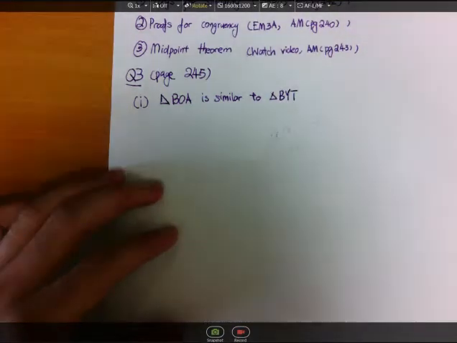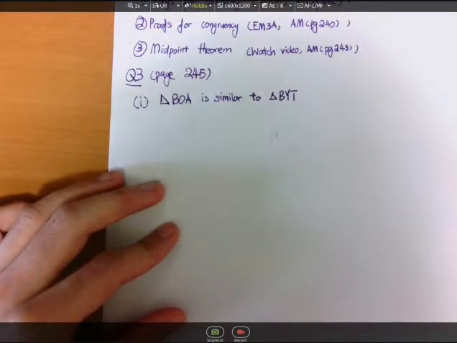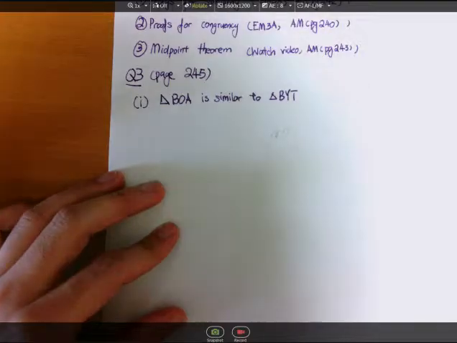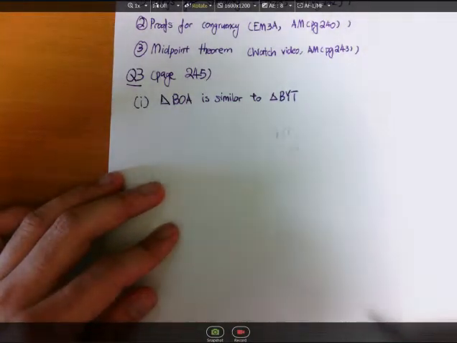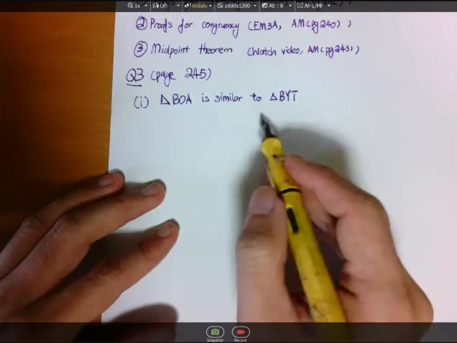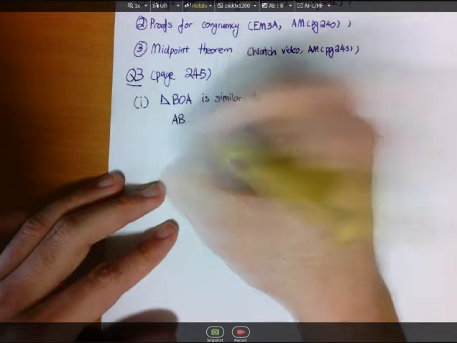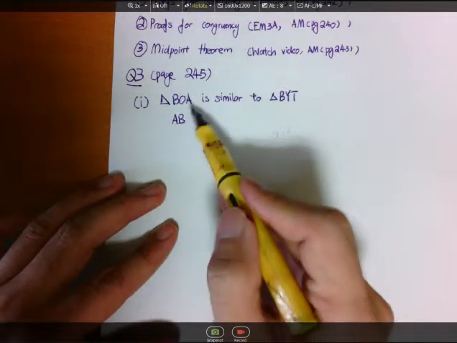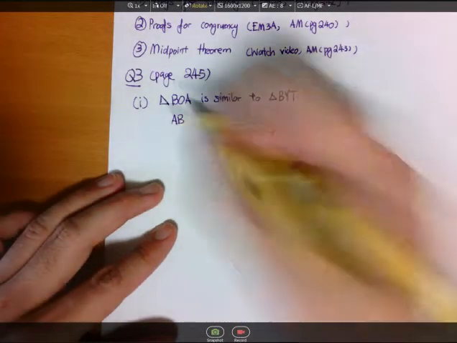So if you look at the question, what they wanted you to prove is AB over BO equals BT over BY. So probably it involves triangle ABO and triangle BTY. So by similar triangles, I will know that AB, using the vertices, AB, 3 and 1, over TB